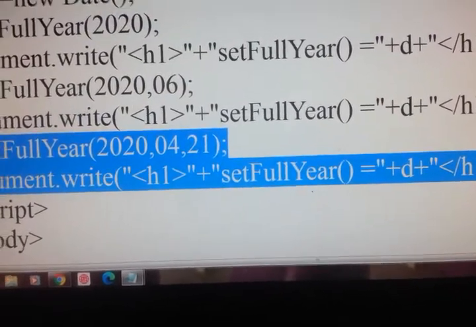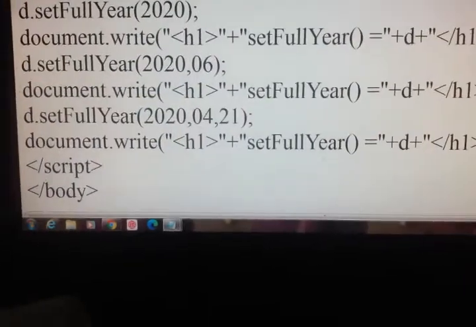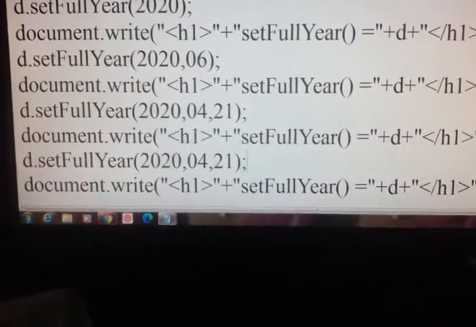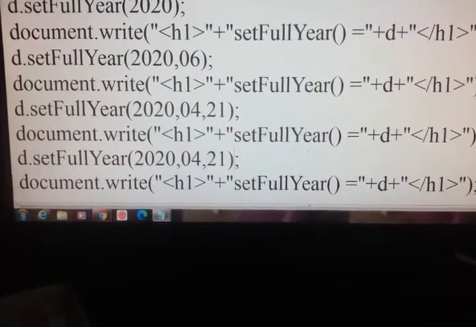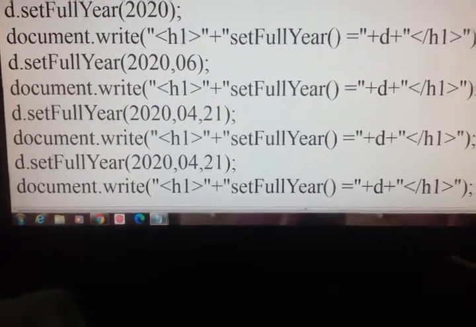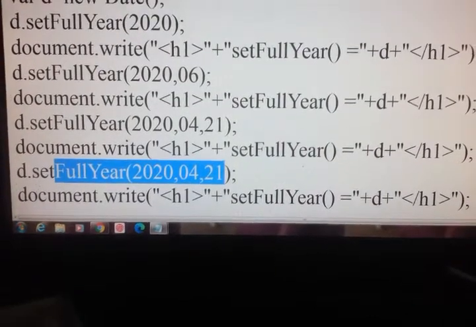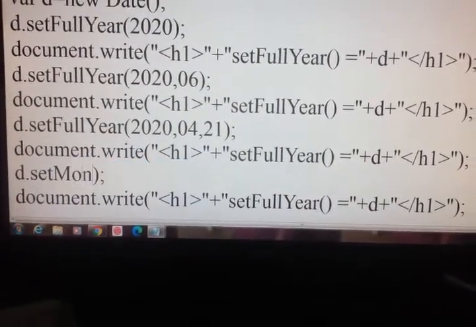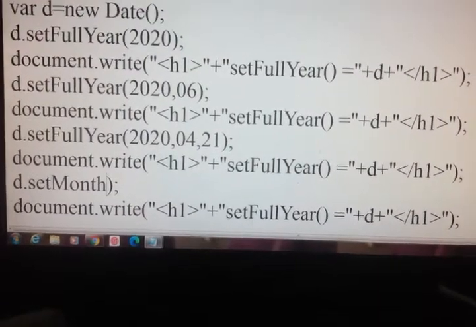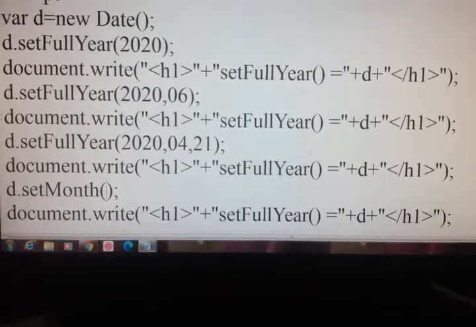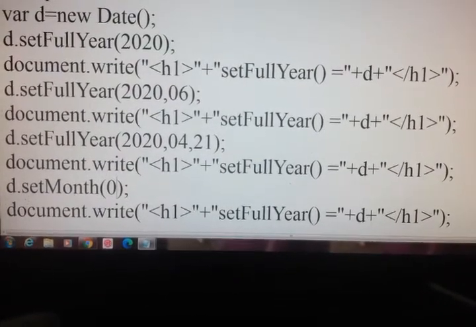Just Ctrl C, Ctrl V, set month. So I can pass 0 to 11. We will see what 0 means.